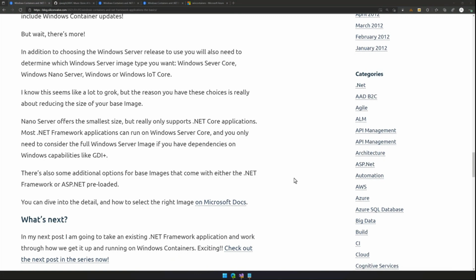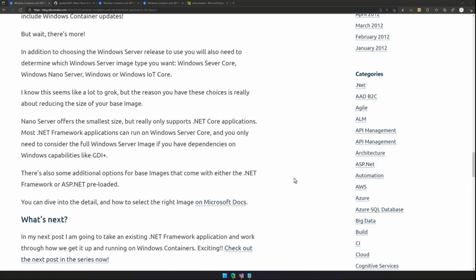I'll probably just talk very quickly. Because Microsoft loves to make things complicated, rather than licensing in this case, we actually give you more choice. We give you 4 versions of the base image types that you can choose from. So you can choose Windows Server Core, Windows Nano Server, Windows Server, or Windows IoT Core. Now, for most people, they will probably hover towards the Windows Server or the Windows Server Core, because they will contain most of what they need. The Windows Server base image is the biggest one by far, because it's basically a standard Windows installation with all the bits available to you.